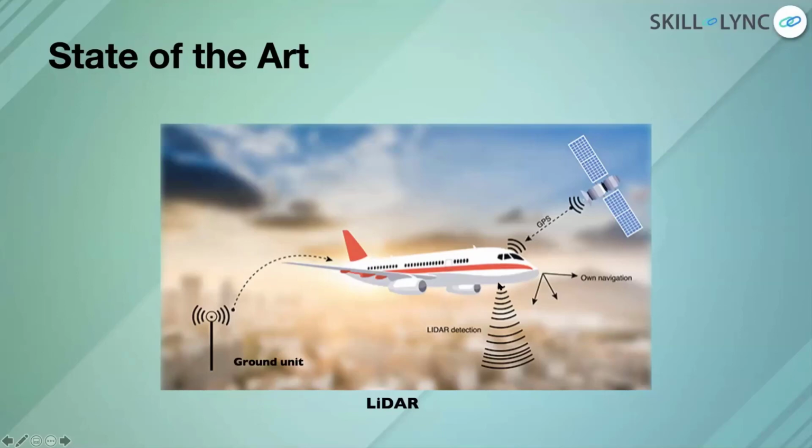Now, to know the position of this aircraft, it has a GPS receiver inside it, which works in conjunction with a satellite. It's actually multiple satellites and also a ground unit. So this is how light detection and ranging works. It's very easy to survey large areas, but at the same time, it's very, very costly, and private companies generally can't afford it. It's generally done by government agencies as well at the moment. Maybe in the future it's affordable to everyone, but right now it's not.